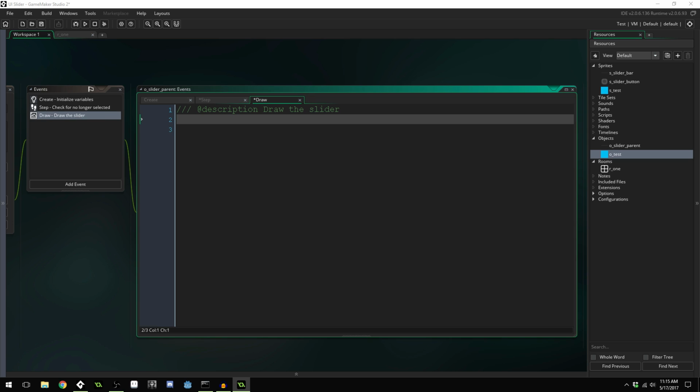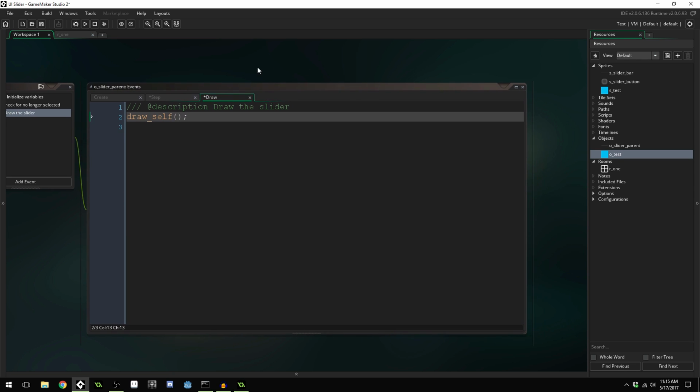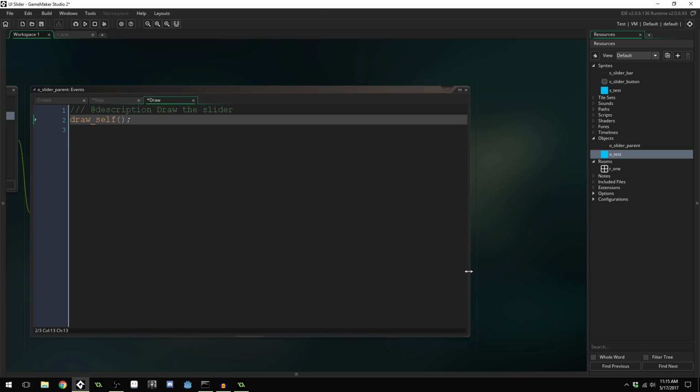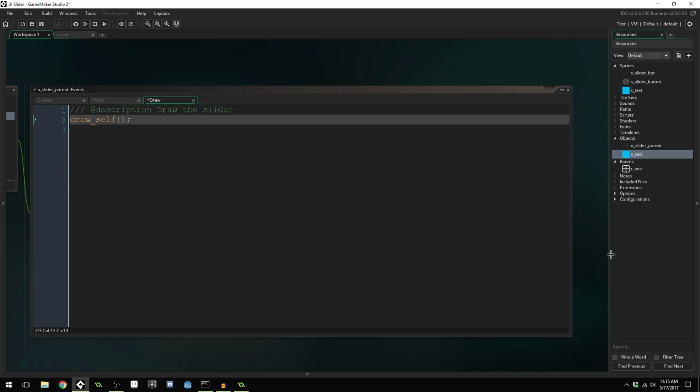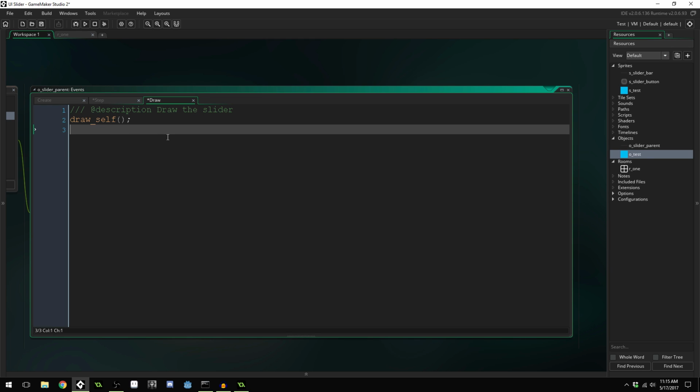So first we're going to draw this current sprite that we're on, right? So we can just call draw_self. That's the quick way to do this. Let's get a little extra room here. Then we need to draw part of our current sprite, but the full one. So that would be the image,